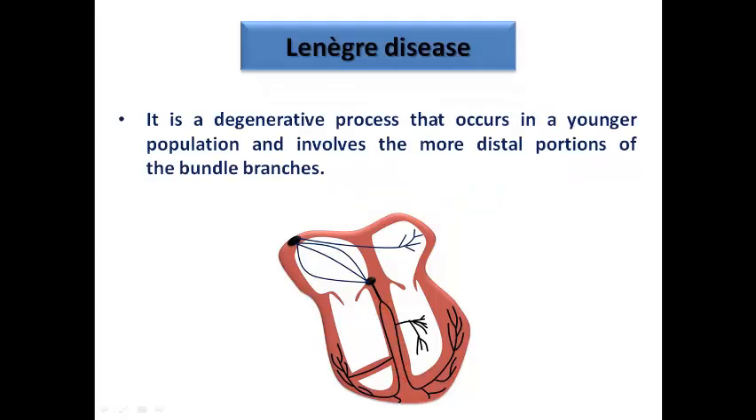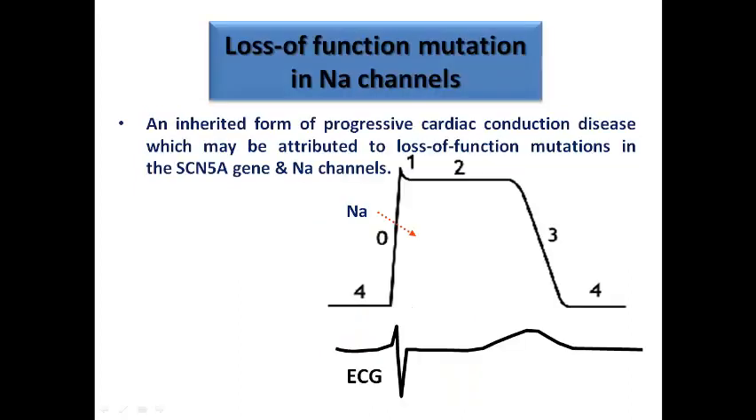Lenègre disease also is another degenerative disease that occurs usually in younger populations than Lev disease, and it involves the more distal portions of the bundle branch, and so it is more common to cause intraventricular conduction disturbance rather than heart block. We have also another entity causing AV block, which is a loss of function mutation in the sodium